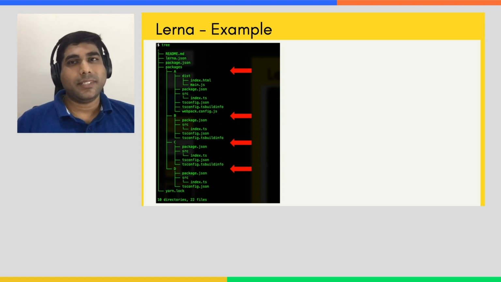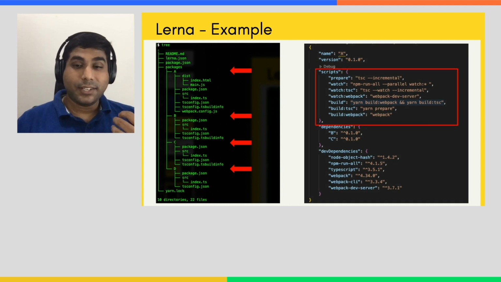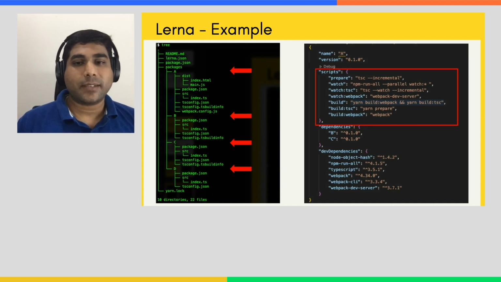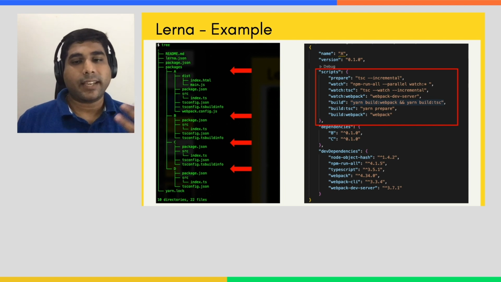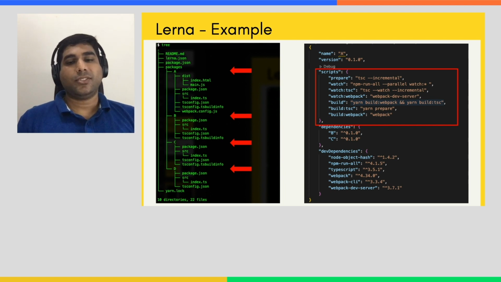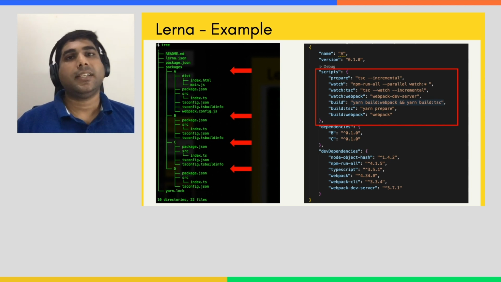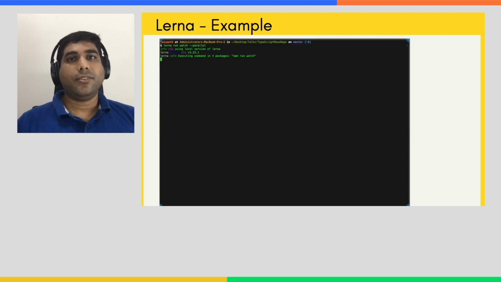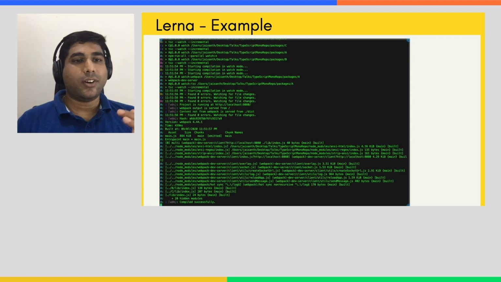They all have a similar set of scripts in their package.json. Here you can see that there are some scripts like prepare, watch, run the build, use webpack, and so on. You can also see that package A takes a dependency on B and C internally, right? Now, if we run Lerna and watch in a parallel mode, you can see the order in which the